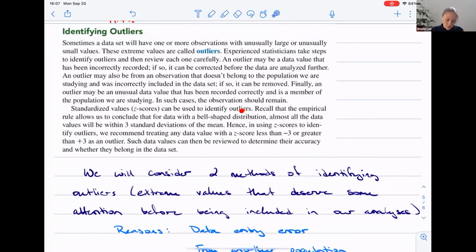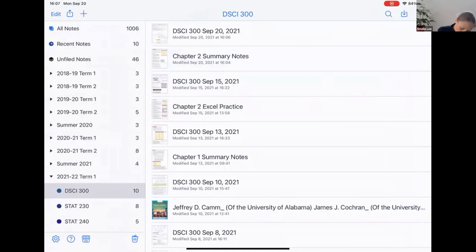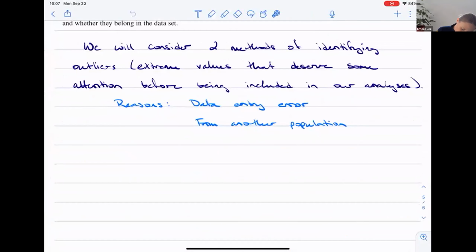So here they go through some other options. The first method is to calculate Z scores for each observation in your data set. The other way is the more classic way of identifying outliers, and it's called the 1.5 IQR rule. We already talked about the interquartile range, and we use that to identify outliers. So let me just write that down. We'll consider two methods of identifying outliers. The first one is